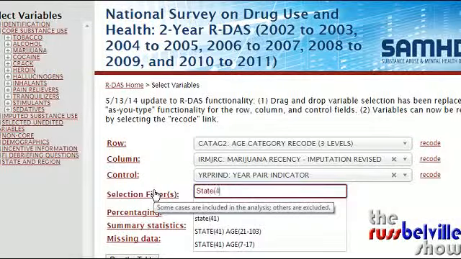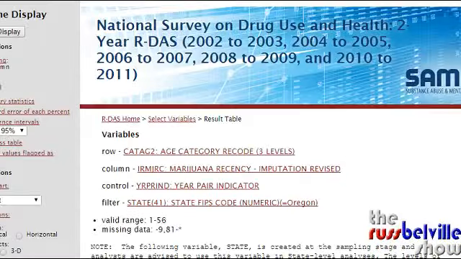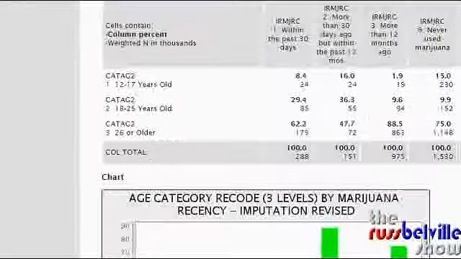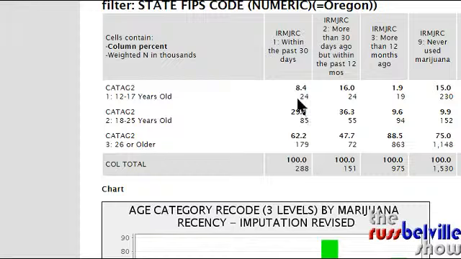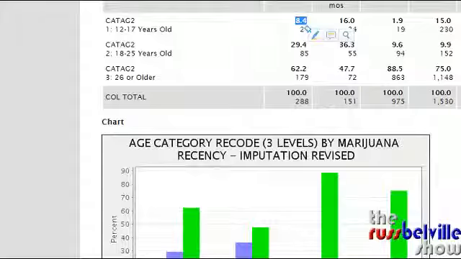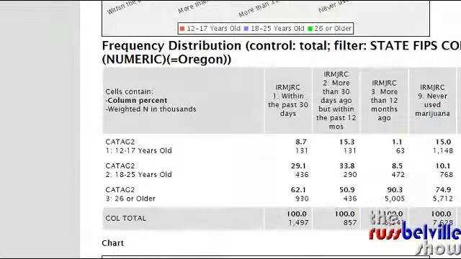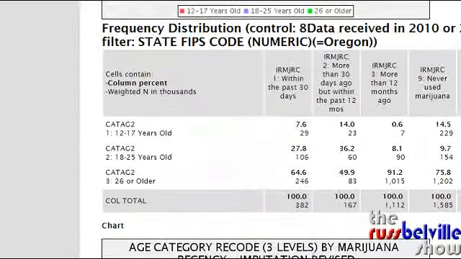For example, if I pick state 41, that happens to be the state of Oregon, I can get this data on marijuana usage just for my state of Oregon, showing that marijuana use for 12 to 17-year-olds was 8.4% 30-day use in 2002. But if we get down to 2010, it's down to 7.6% in Oregon. So the longer medical marijuana has been in Oregon, the fewer young kids